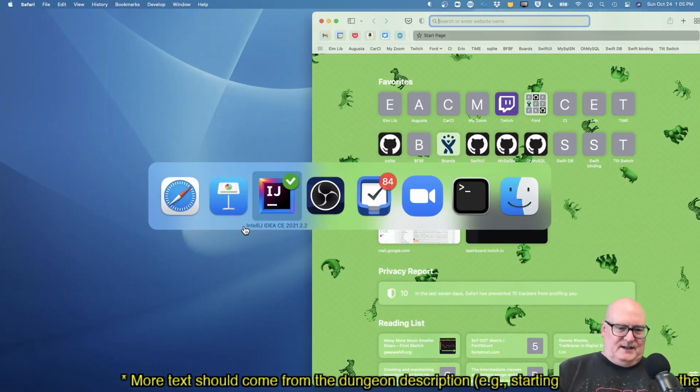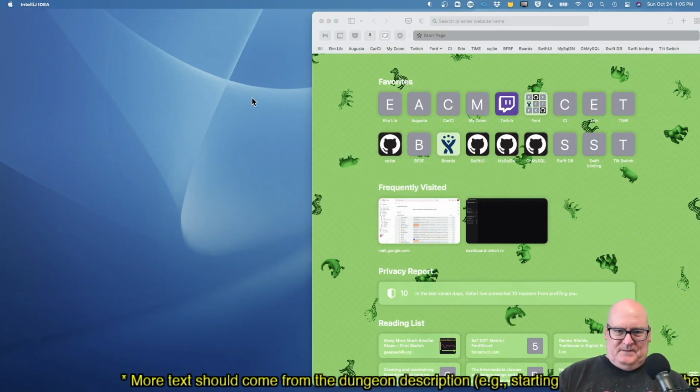Okay. Come on, IntelliJ. You're not keeping up here. Okay, well, tell you what. I'm going to grab a drink of water while that thing tries to come up, and I'll be right back.